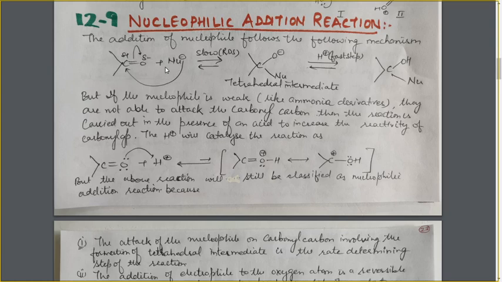Because the nucleophile is the species which will donate electrons toward this carbon atom. In case of ammonia derivatives, the nitrogen atom has the lone pair. That lone pair will be responsible for the nucleophilic attack, but that lone pair is very much less available for the nucleophilic attack. So they are very weak. Due to the very small electron density on the nitrogen atom, they are not able to attack this carbon atom. So we have increased the positive charge on this carbon atom by taking the H positive ion. As a result, those weak nucleophiles with very little electron density are able to attack the carbon atom.